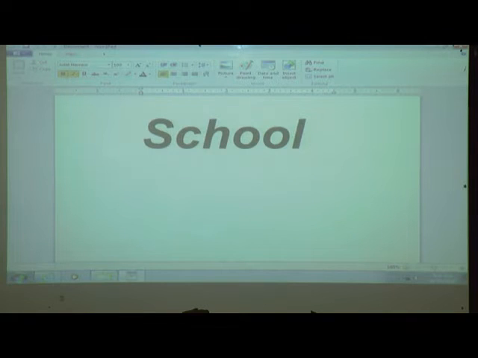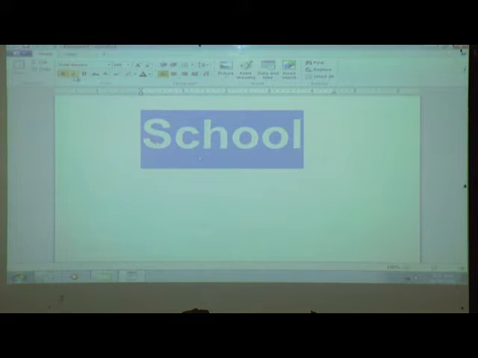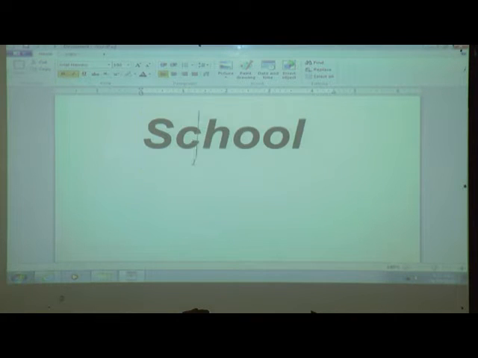What happened? By using the italic option, it is italicized. It will become a little bit slanted. See here before italic, and now see here after italic.